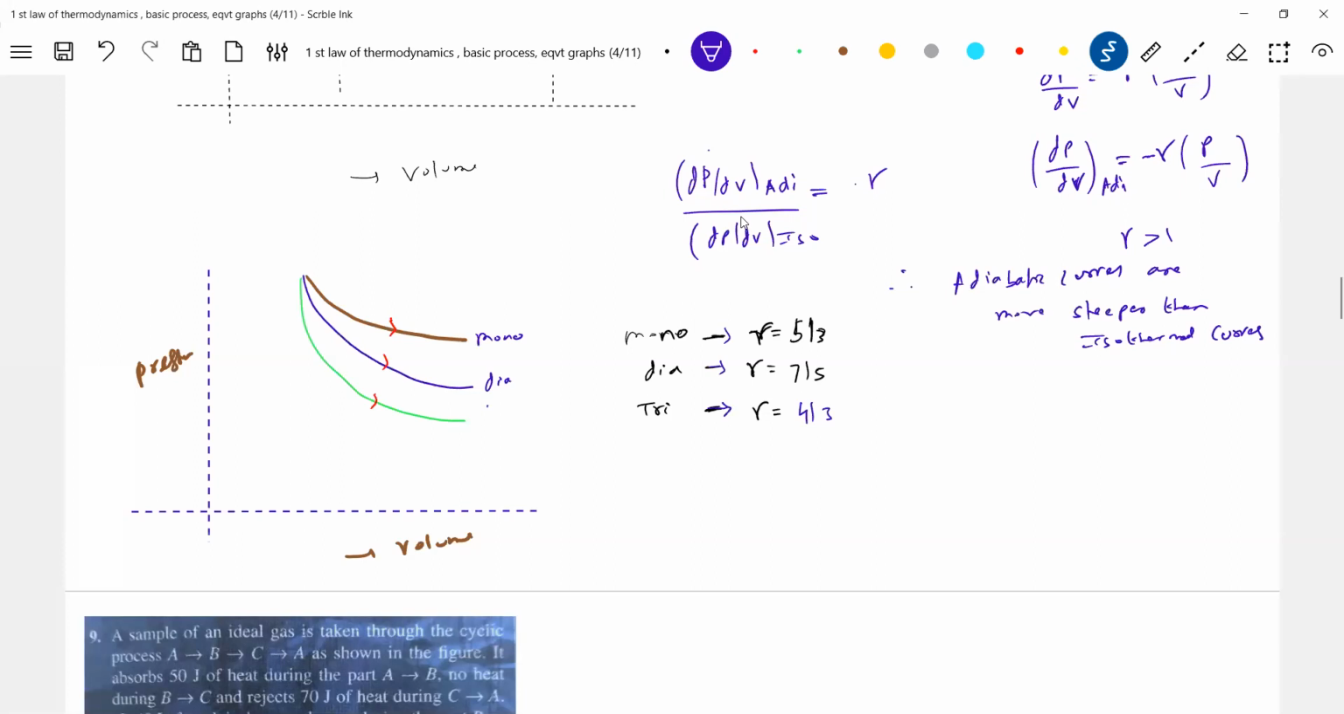Monatomic, diatomic, there's a triatomic. Okay, clear this one. So the curve